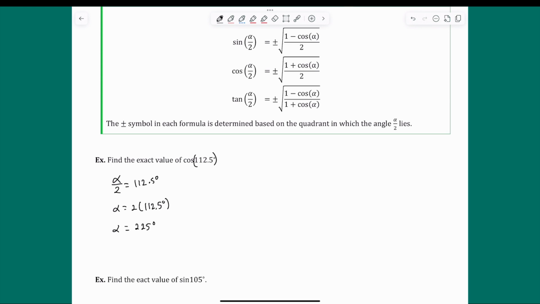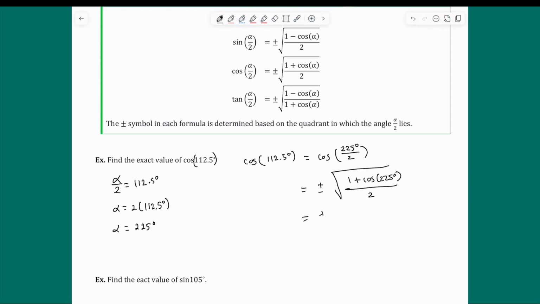So we know what our alpha is, so cosine of 112.5 degrees is the same thing as cosine of 225 degrees over 2, which we could use the cosine formula, which says it's equal to plus or minus the square root of 1 plus cosine of 225 degrees all over 2,